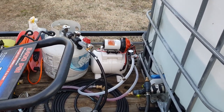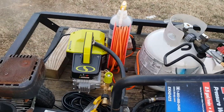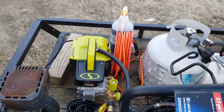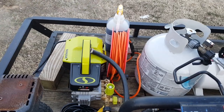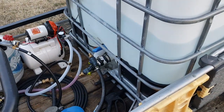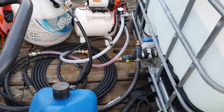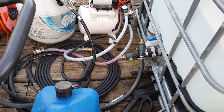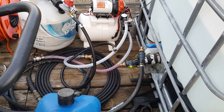I had someone ask me about, I think they're referring to the Sunjoe SPX 9004. They were saying they either had it or were interested in it, and were wanting to know if they could hook up a 25-gallon water tank to it. But then they mentioned that they called Sunjoe, and Sunjoe said they needed a minimum of 40 psi, no more than 50. And so